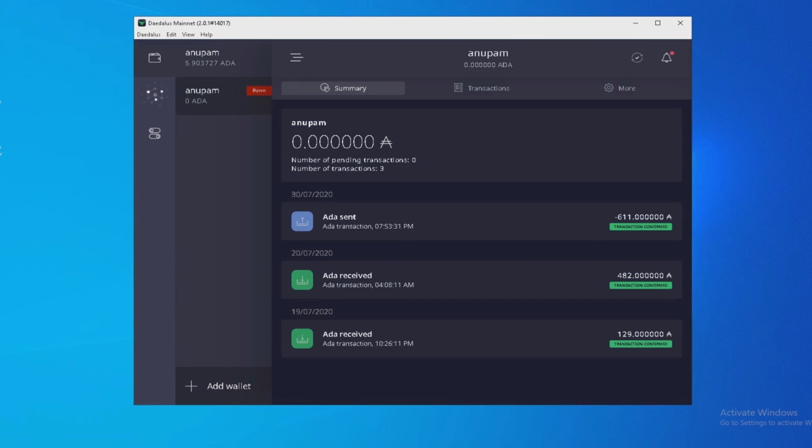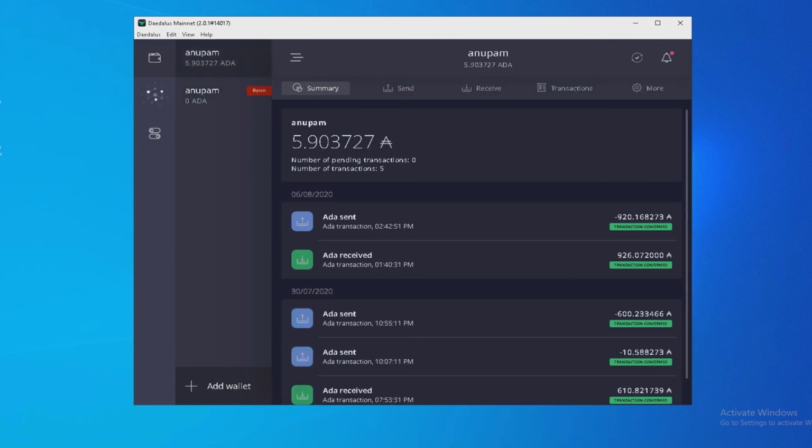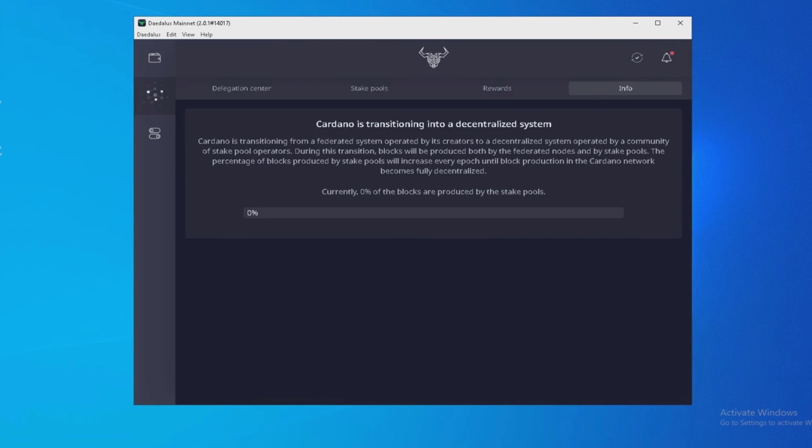In the next video I will show you how to delegate your Cardano from your Shelley wallet. This is my Shelley wallet, this one, and here is the icon where we have to click for delegation. That I will show you in the next video.